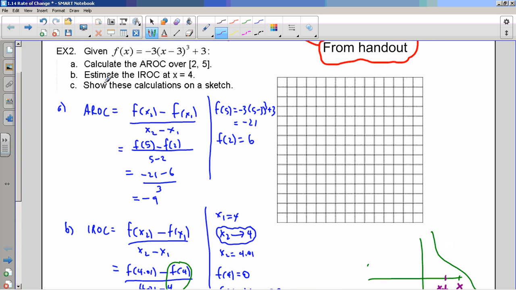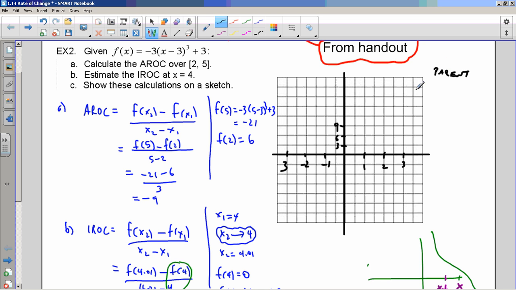Now we want to get to drawing these things on the sketch. Remember that instantaneous and average rate of change also means something as far as a graph is concerned. All right, and I'm going to have a bit of a weird scale here, okay? I hope you don't mind. This has been stretched, so I'm actually going to go up by 3 each time. That's 3, 6, 9, and so on. And so my parent function